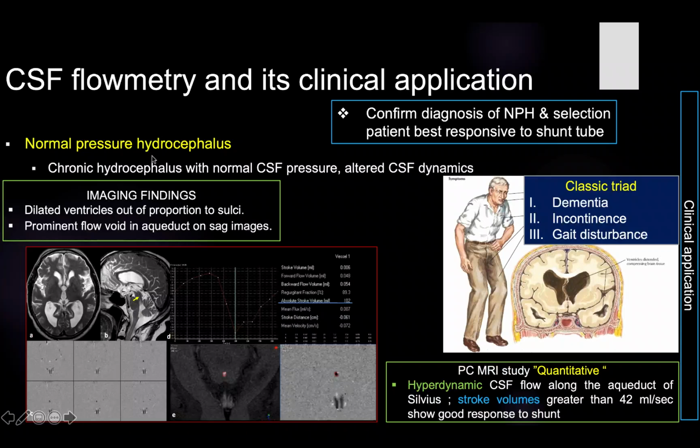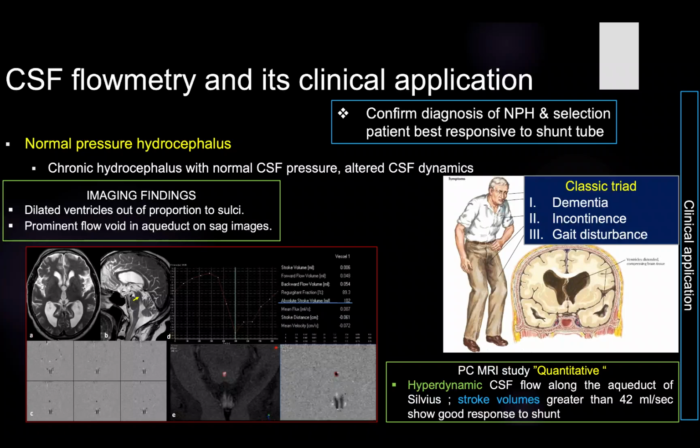Normal pressure hydrocephalus comes with a classic clinical triad, which is formed of dementia, incontinence, and gait disturbance. This is a very typical and classic triad in clinical practice, and usually the clinician sends the patient